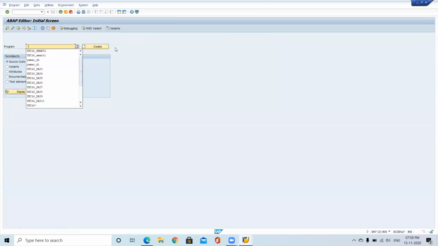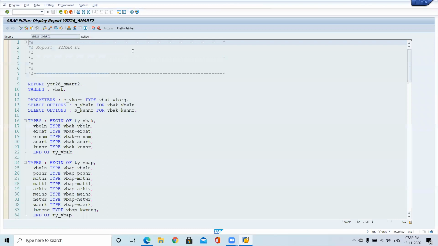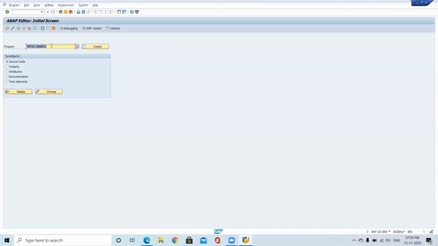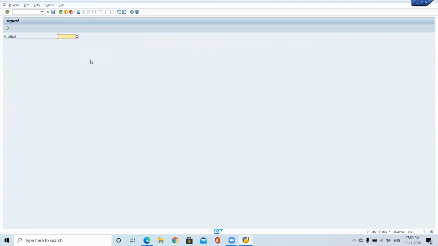Now just go to the SE38 program. So this is our smart form. Smart 2 or smart 3? Not 2, smart 3. Okay, this is our form. Execute, give our sales order number.